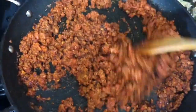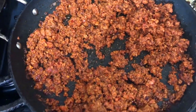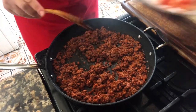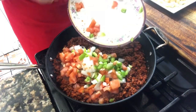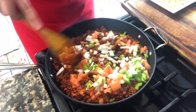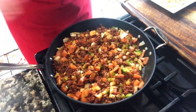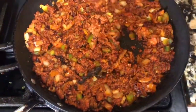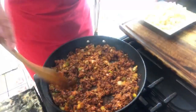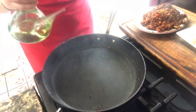When it's getting nice and crispy just like that, that's when you're going to add the tomato, the bell pepper, and the onion. You want to incorporate all these veggies inside so that they start releasing their delicious flavor to the chorizo. You're going to mix it in, let it cook for just a couple minutes. When you can no longer see the little pieces of tomato, then we're going to remove it. We're going to transfer it to a plate because we're using the same pan